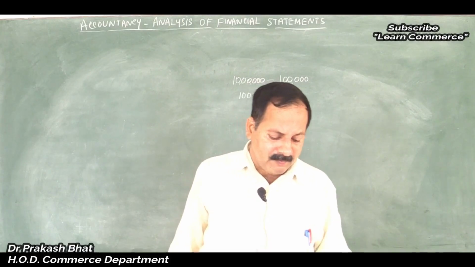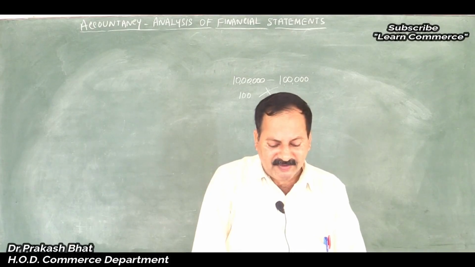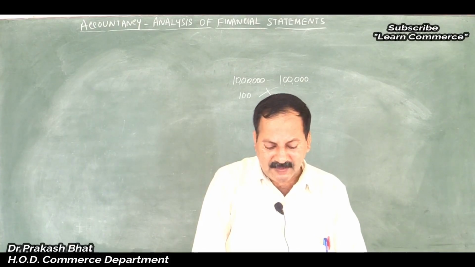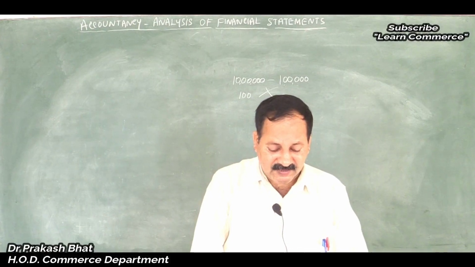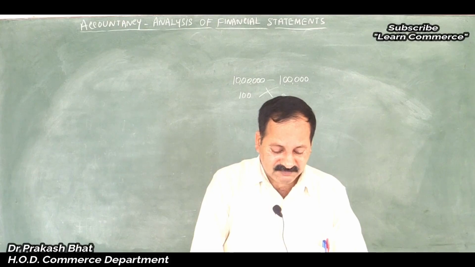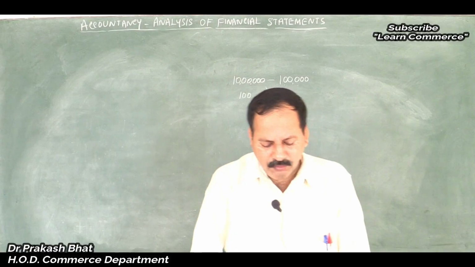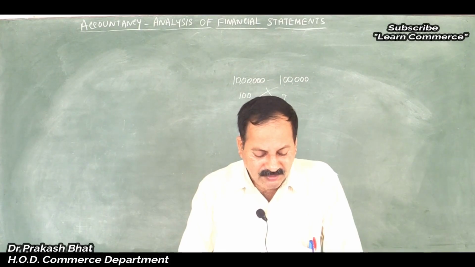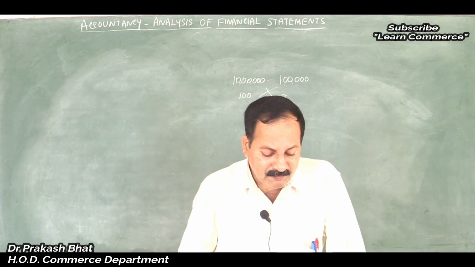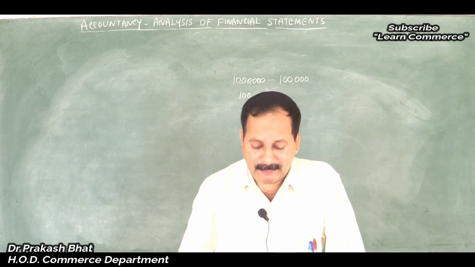So here we will solve the problem. Total revenue is given, then less expenses, that is employee benefit expenses, depreciation, financial expenses or finance cost, other expenses, then total expenses are given, then PBT, profit before tax, that is total revenue minus total expenses, correct? It is given here. That is, C is equal to A minus B, profit before tax. A means total revenue, B means total expenses. Very simple, friends. It is given very clearly.